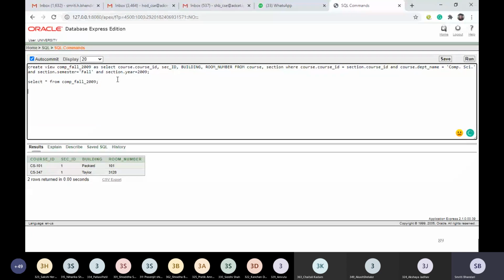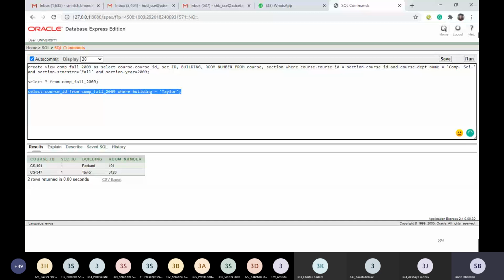Now, what next we want to do? We want to find out only those course IDs which were taught in building Taylor. So we are going to write a statement like select course ID from name of the view where building equal to Taylor.